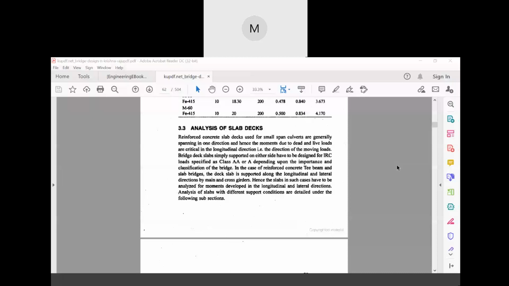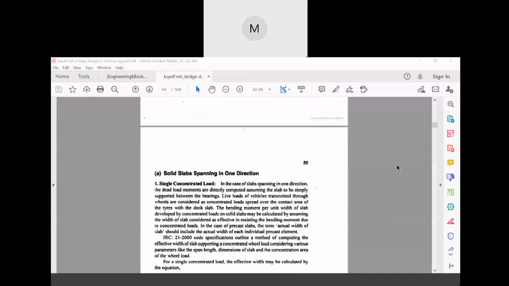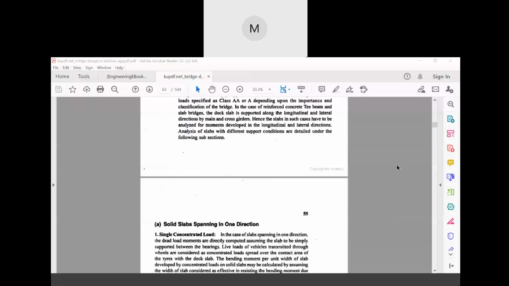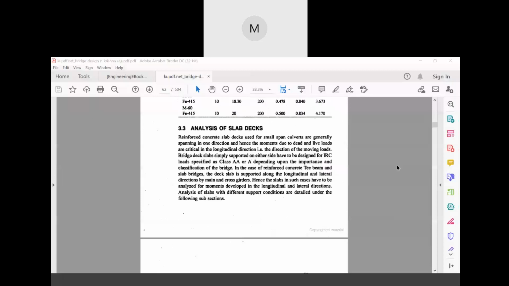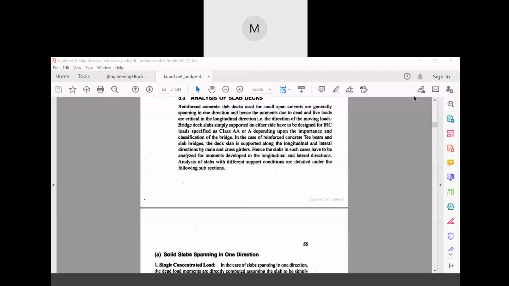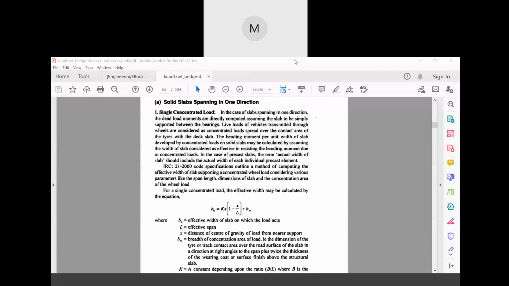Now, with different support conditions, we have to do the slab analysis, right? So, here are the analysis of slabs with different support conditions. Okay. Number one, solid slabs that are spanning in one direction. Now, for solid slabs spanning in one direction,